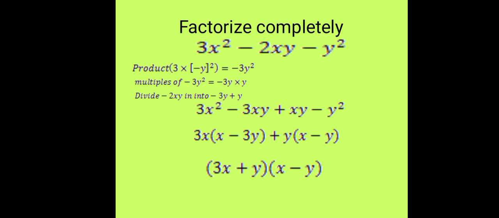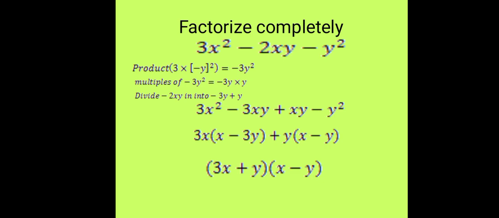After getting the product of the two, find the possible factors of the product. The product of the two is 3y squared. Find the possible products of 3y squared. Now, on those products you have found, choose the ones that if you add, you get bx. Our bx is 2xy. So the possible products of 3y squared that add up to 2xy are